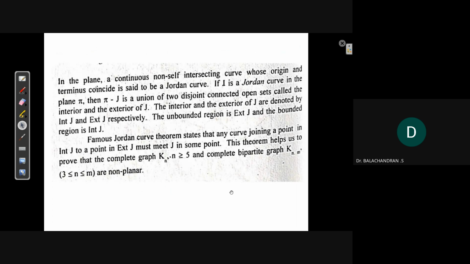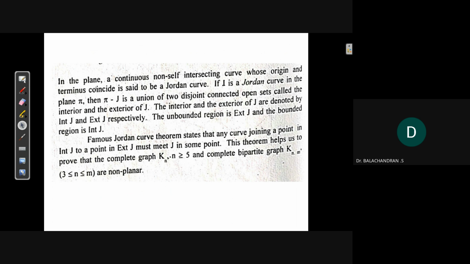Next, actually here it is mentioned the complete graph Kn for n greater than or equal to 5. Already we saw an example. K4 is planar. But the complete graph Kn for n greater than or equal to 5 is non-planar. That means K5, K6, K7, and so on are non-planar. Similarly, K(n,m) where n and m are greater than or equal to 3